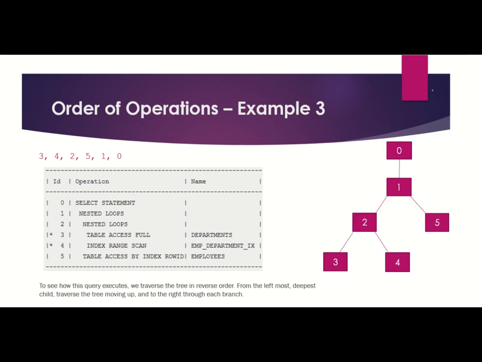So let's get started with reading and interpreting execution plan using method 1, example 3. This is an execution plan with 5 operations, starting with the select statement 0 until 5th. We will interpret this execution plan using method 1, that is the parent-child relationship. The rule states that the child will execute first and then